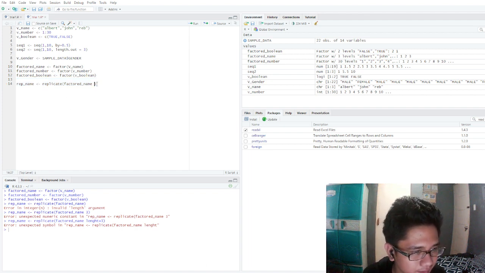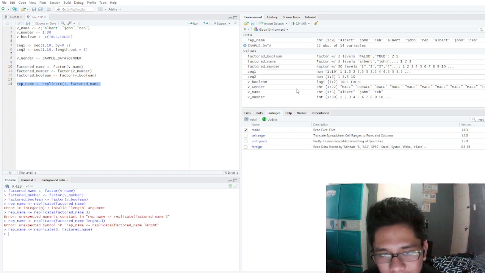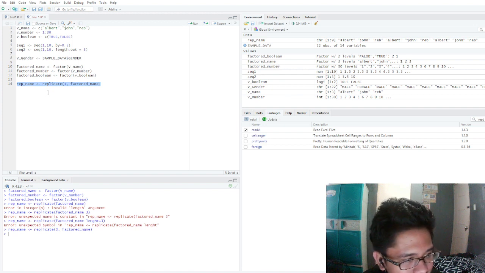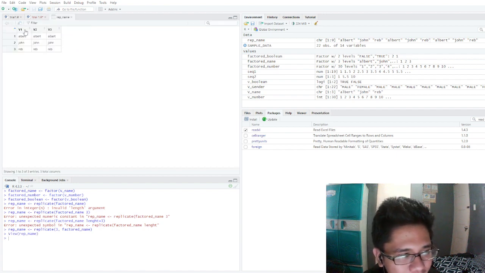Use 3 here. Then let's try. Run. Oh, the number comes first if you're factoring. So we can see replicate rep name. Where's the rep name here? It says 8 times 3 the given value. Here we have v1, v2, and v3.